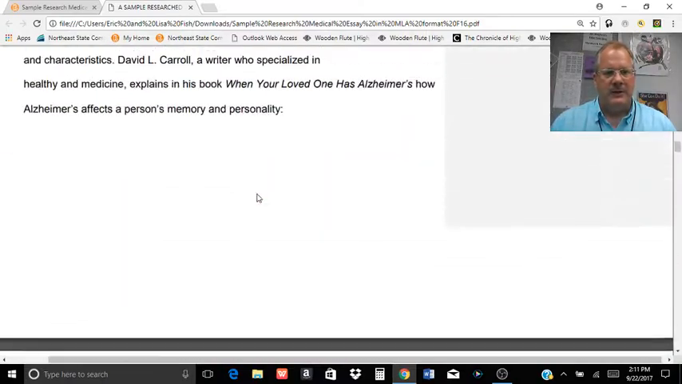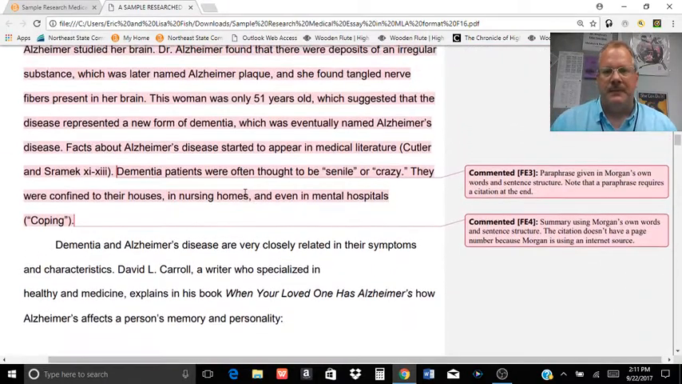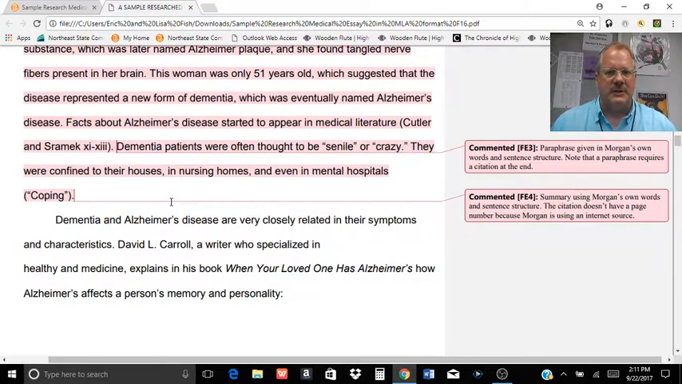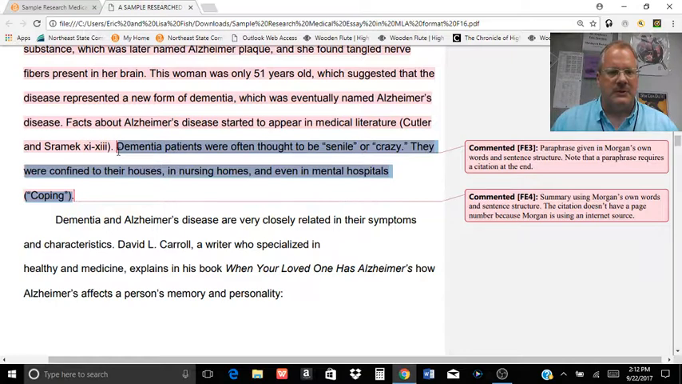The other way you can use a source is through a summary. Summaries are when you condense or shorten material in your own words and sentence structure. If you're reading a couple of pages and could get it down to a sentence or two, please do it for your reader. Don't just give a big long quote of two pages. Summarize that passage, but you're still getting that information from somewhere, so you want to make sure you cite that